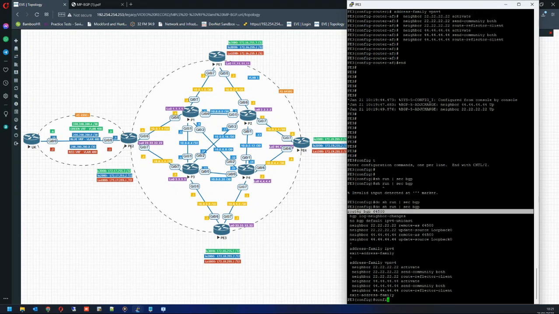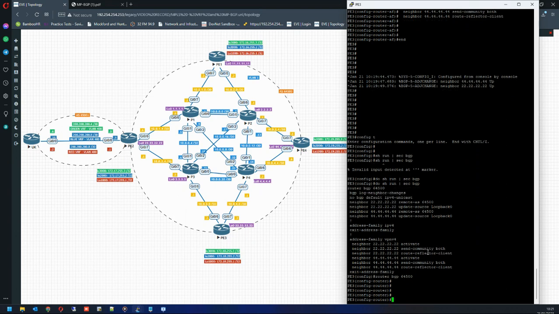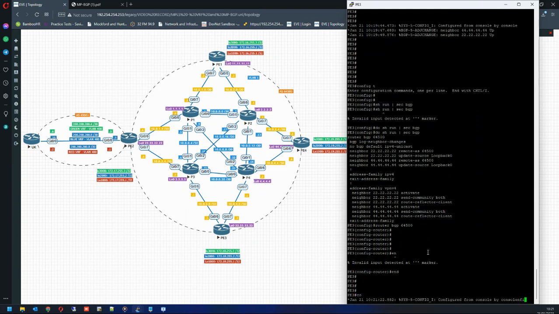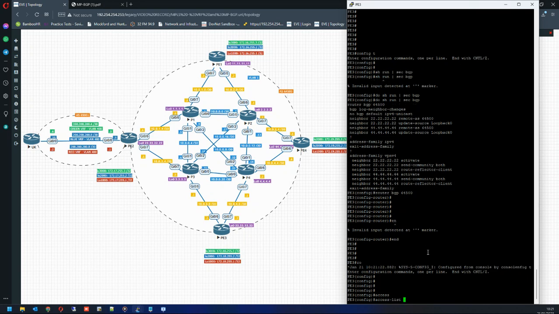I'm going to BGP, and what I'm going to do is create an access list. Access list 1, permit